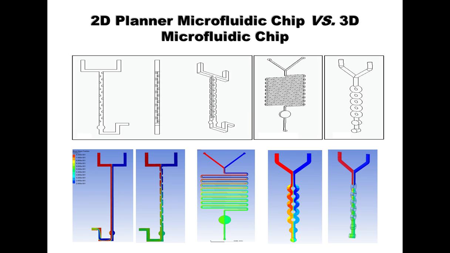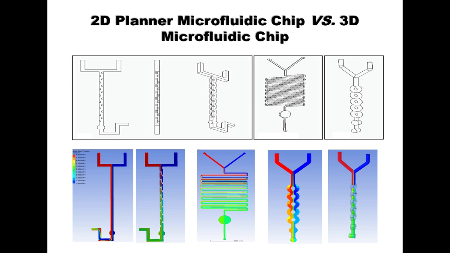If we design this planar microfluidic channel into a three-dimensional structure, as shown in the top left, there is also a zigzag structure in the microfluidic channel, but it changes along the z dimension. The change in depth creates more structure and causes the fluid to change its flow path in the z dimension. And we can notice through this COMSOL simulation that the mixing process can be substantially changed compared to